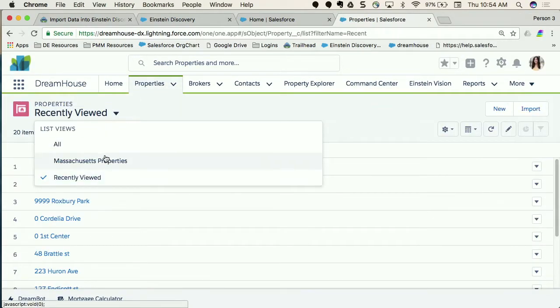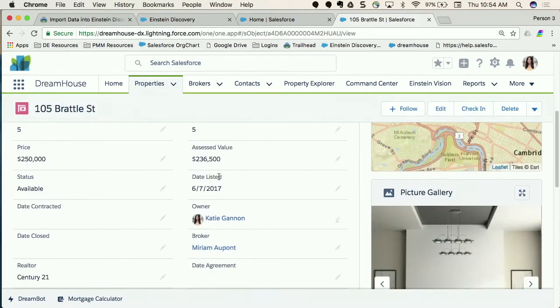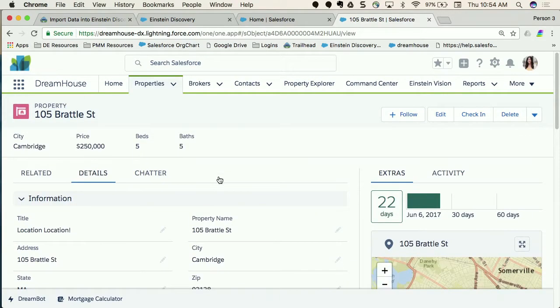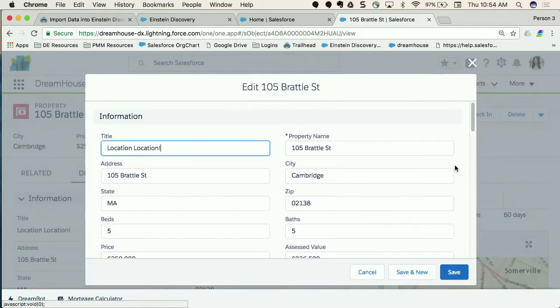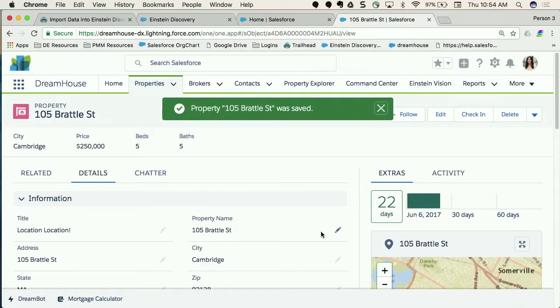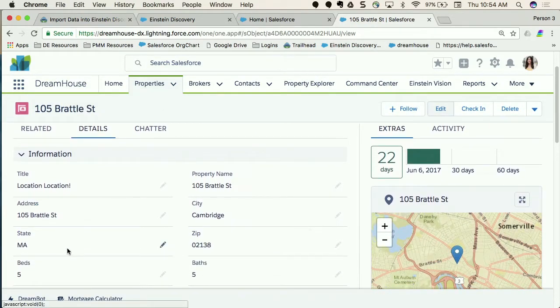And I'm going to check out my properties. Let's see if my fields are there. Yep. So now to trigger the trigger, I'm going to hit edit and save this, which will be an update to this record. And now from our trigger, it's grabbing all these fields. And when I refresh this page,